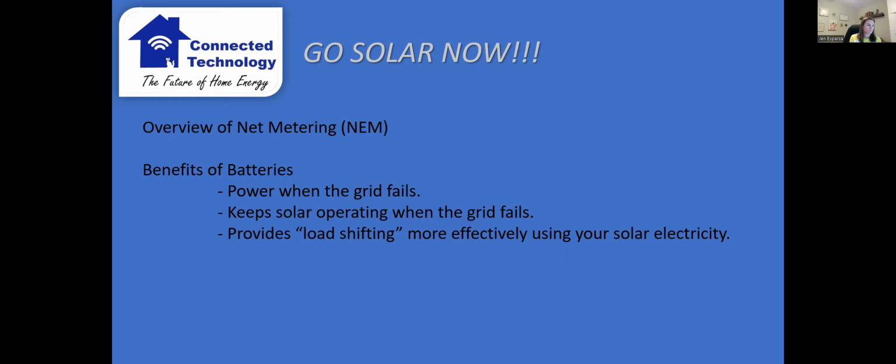I feel like we're just a broken record. You need to get solar now if you're a PG&E customer. But the new net metering is one of the reasons, because they're really trying to encourage people to get batteries.